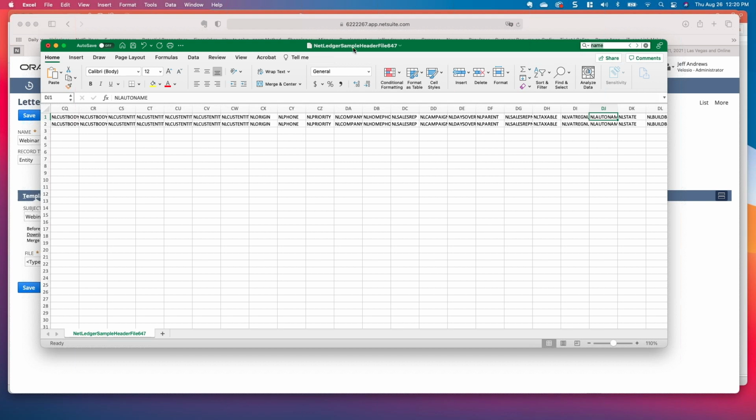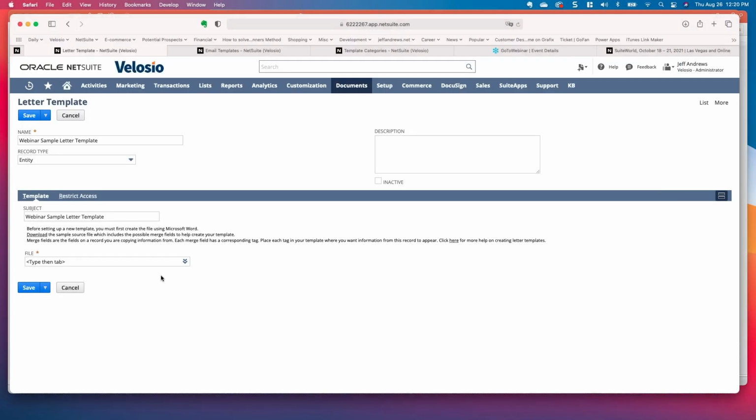Notice the file name NetLedger sample header file. And for those of you that are longtime NetSuite users, there's a little bit of trivia there on what the term NetLedger means. You can Google that one. It's a little bit of NetSuite trivia. All right. Now that we've downloaded our sample source file and merge fields, I'm going to jump over to Microsoft